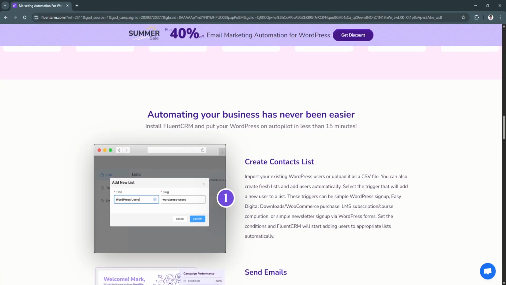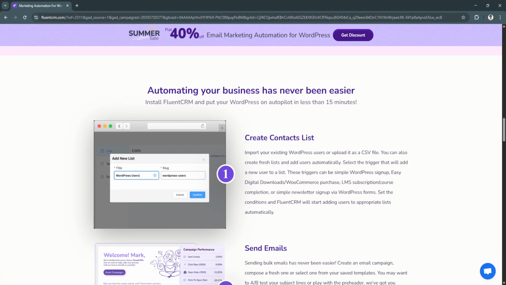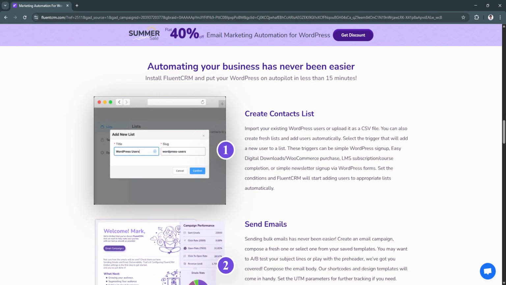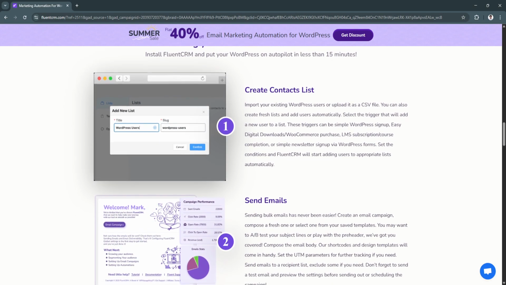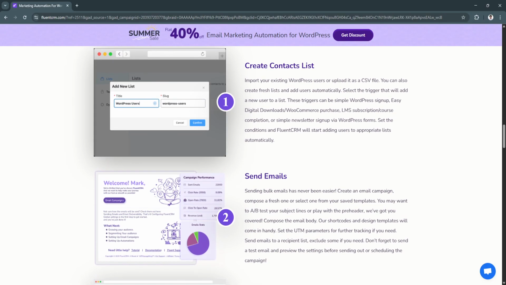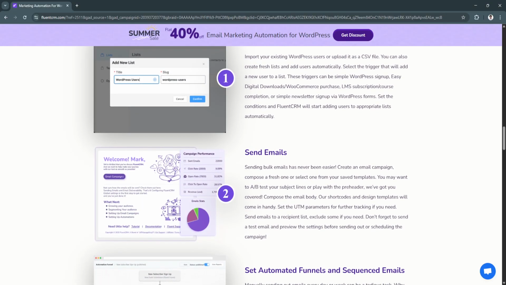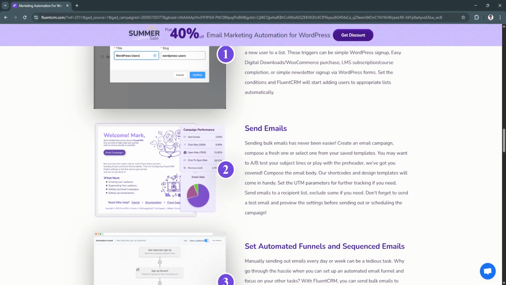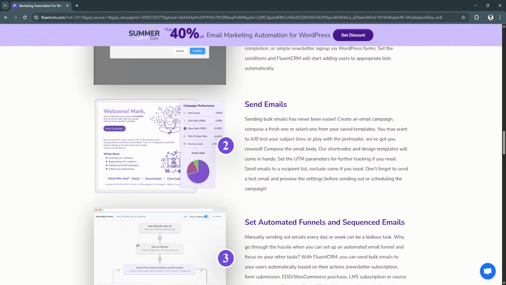Another key feature is the deep WordPress plugin integrations. Fluent CRM is built to work seamlessly with the WordPress tools you already use. It integrates with WooCommerce and Easy Digital Downloads to trigger automations based on purchases. It connects to LMS plugins like LearnDash, LifterLMS, and Tutor LMS to send course-related emails. Because it lives inside WordPress,